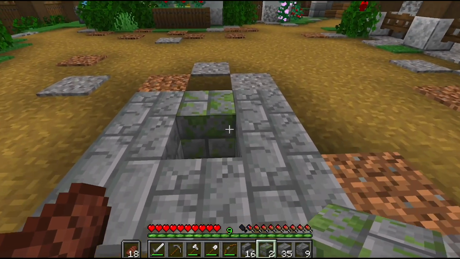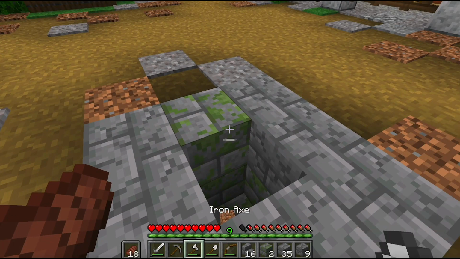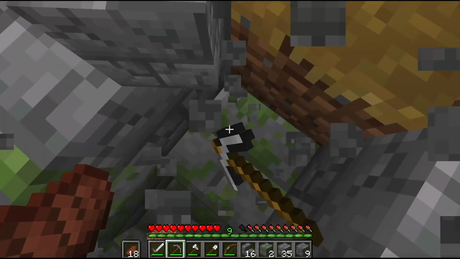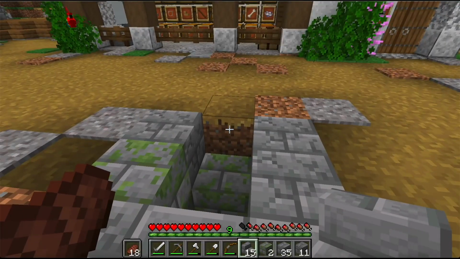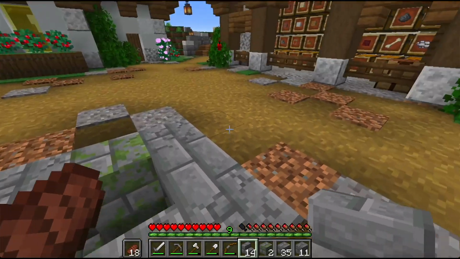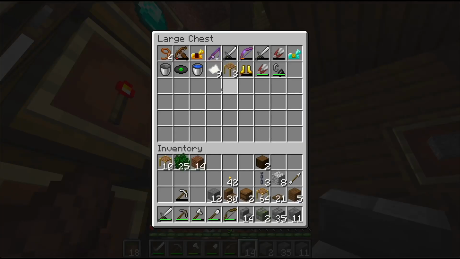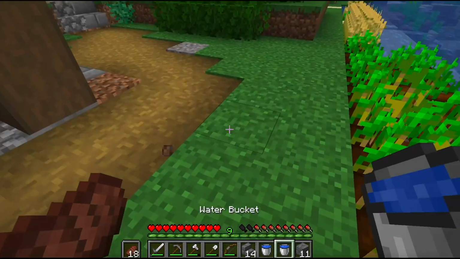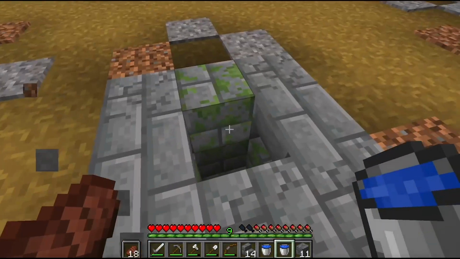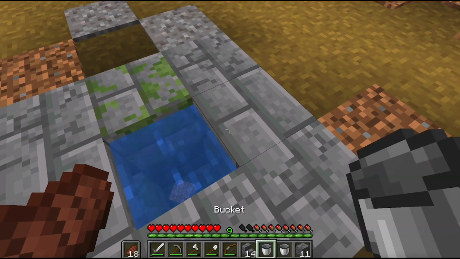And then what we're going to do is swap out these two side ones with some stairs, and one like that. And then, if my calculations are correct, we're going to grab some water, grab another bucket there, and hopefully this will work, and we can create ourselves an infinite water source. So waterlog that, and